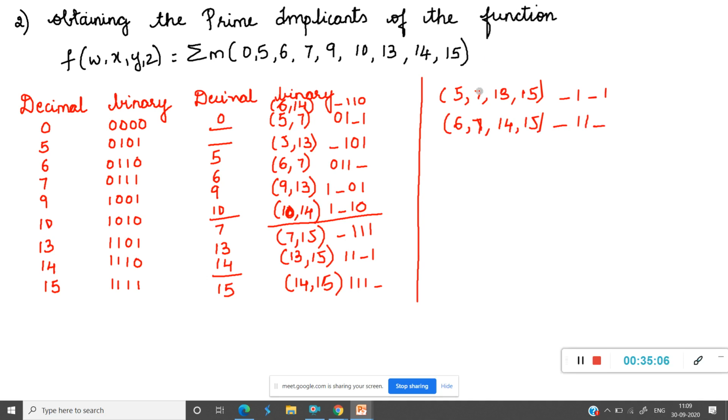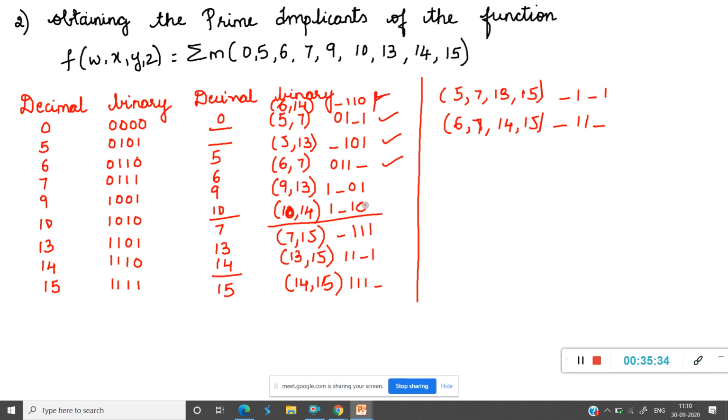Okay, students, so I have to tick here now. 5 and 7 both are checked, tick mark. Next 5 and 13 is there here, so tick mark. 6 and 7 is there here, so tick mark. 9 and 13, 9 is not there, so don't tick it. 10 and 14, 14 is there but 10 is not there, don't tick it. 6 and 14, yes both are there, so I'll tick mark. First one I had written 6, 14, tick mark.